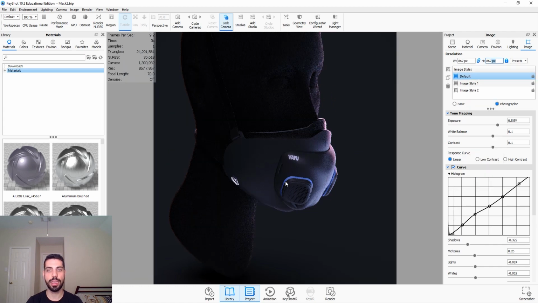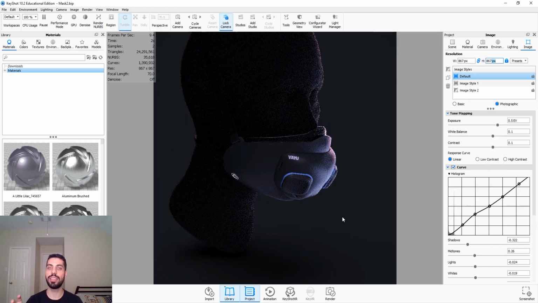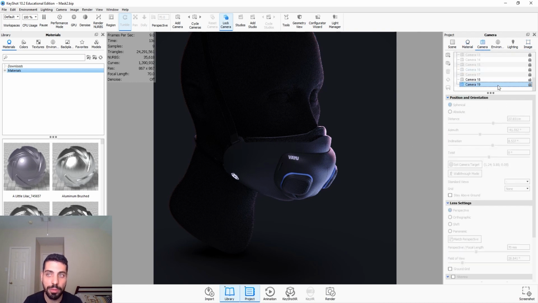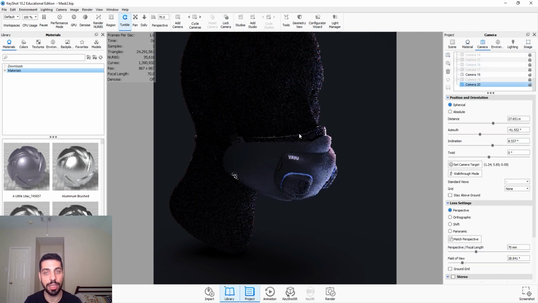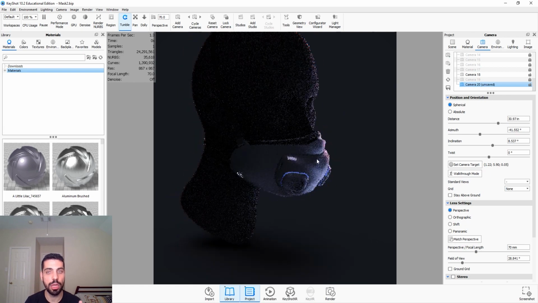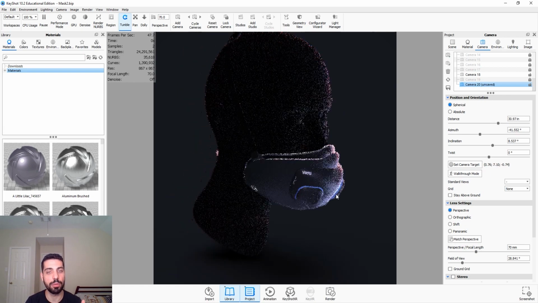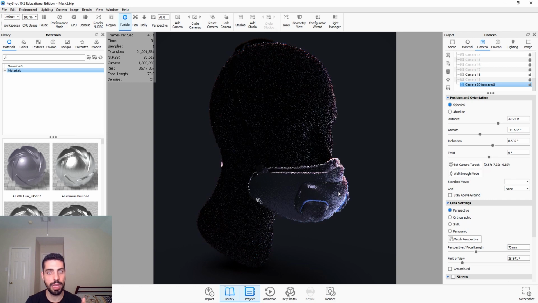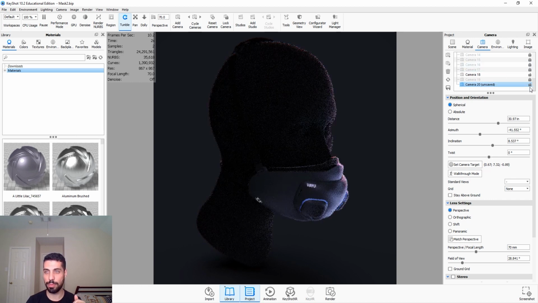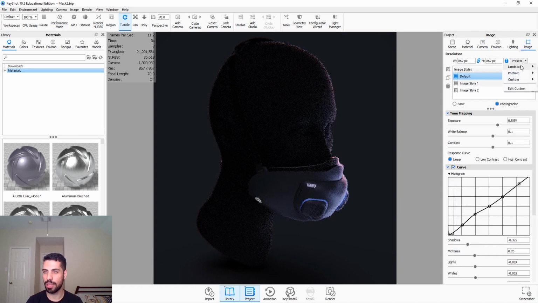So you click on it, and as you can see, the camera doesn't move. The image just gets smaller or bigger, but the camera stays where it was. So if it does mess up your camera settings, you have to go back to your camera setting and adjust it based on the ratio you want. And that's basically it, guys. Let me know if you learned anything. If not,